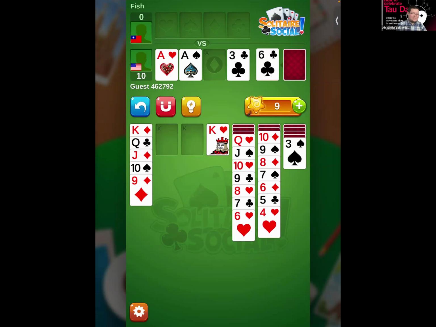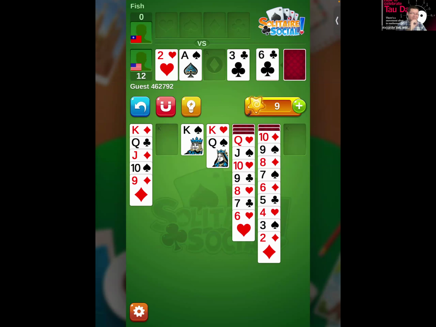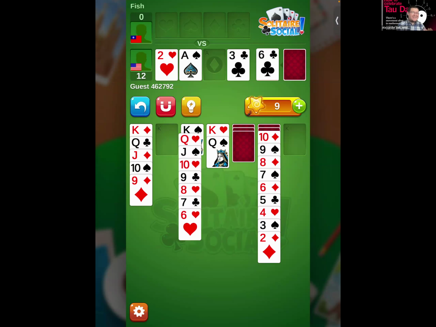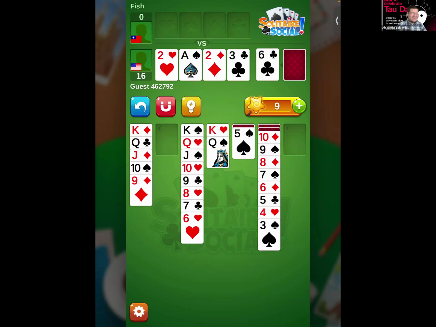Let's see, 4. 6. No, not that. Yep, 3. Good. 3 with the cards under. There you go. Now I can move your king over. Move your queen. There's the queen. Move the other queen. The red queen. Move the red queen right here. Oh yeah. Okay, good. Ace. Thank you for that. Amen.